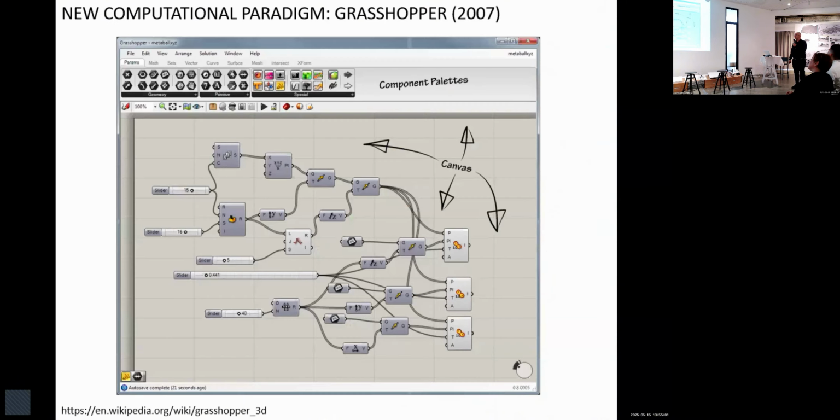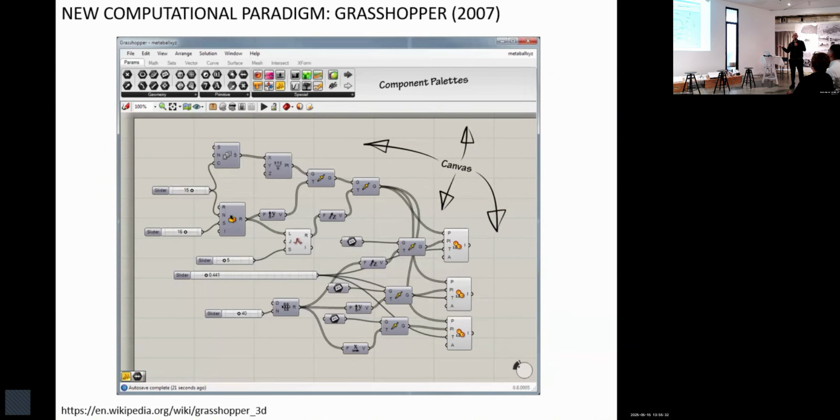And then something happens. 2007, in Holland, this guy invents a very different way to write code. And the world changes very, very quickly. Suddenly, architects can code. From 2007, when I submitted my final project, 3-4 years later, everybody can do Grasshopper.